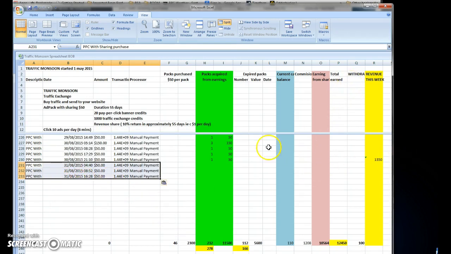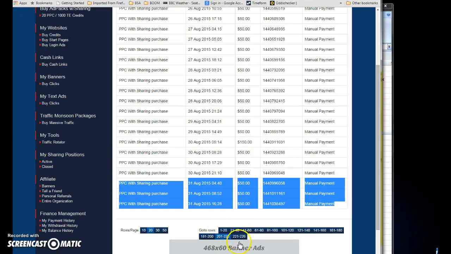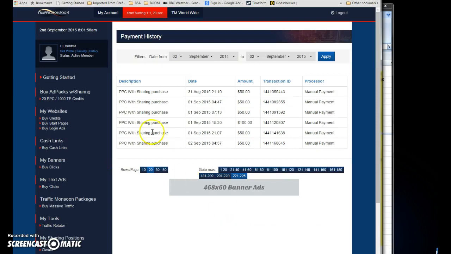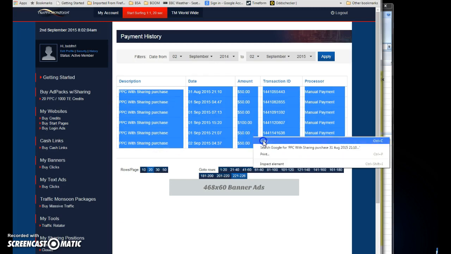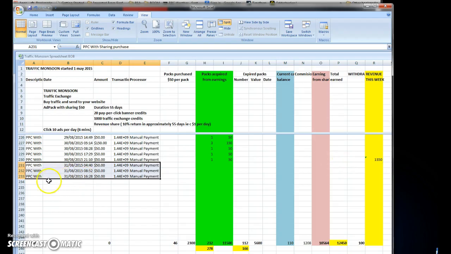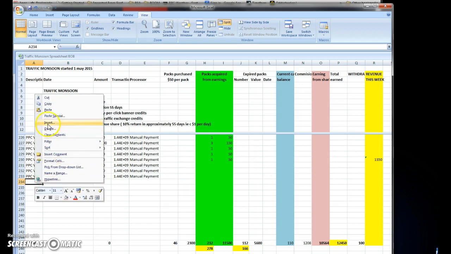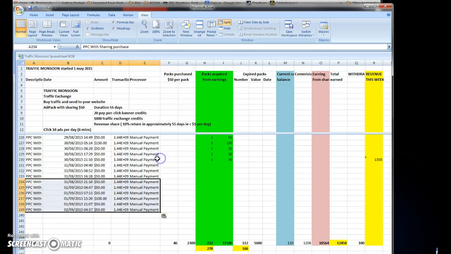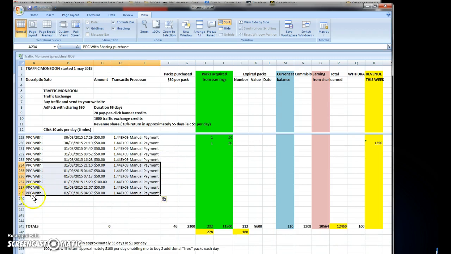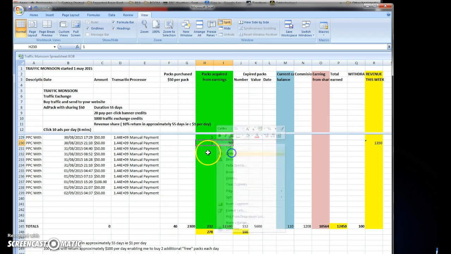I need to go back and collect the remaining pieces from Traffic Monsoon. So I go to the next area and highlight these six and right click to copy, back to the spreadsheet, right click, paste special, select text, and OK. What that now does is get all of the packs that have been purchased or acquired up to date. I then go across to here and just highlight those two cells, copy,